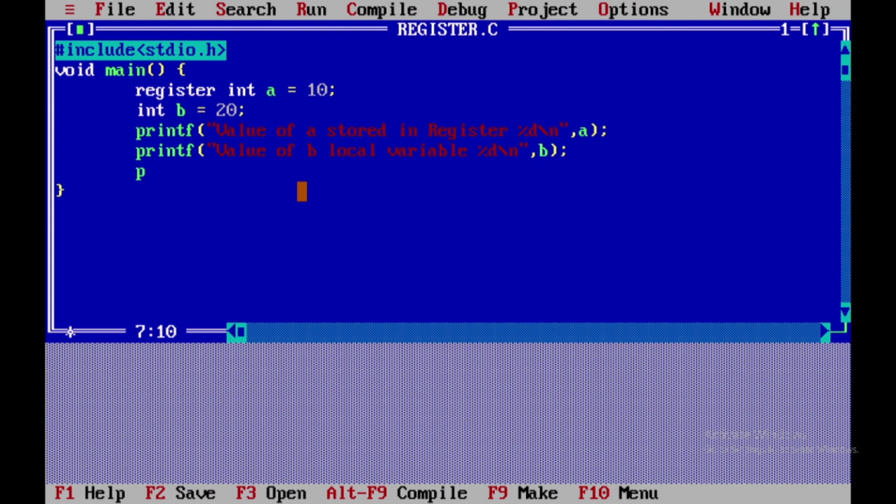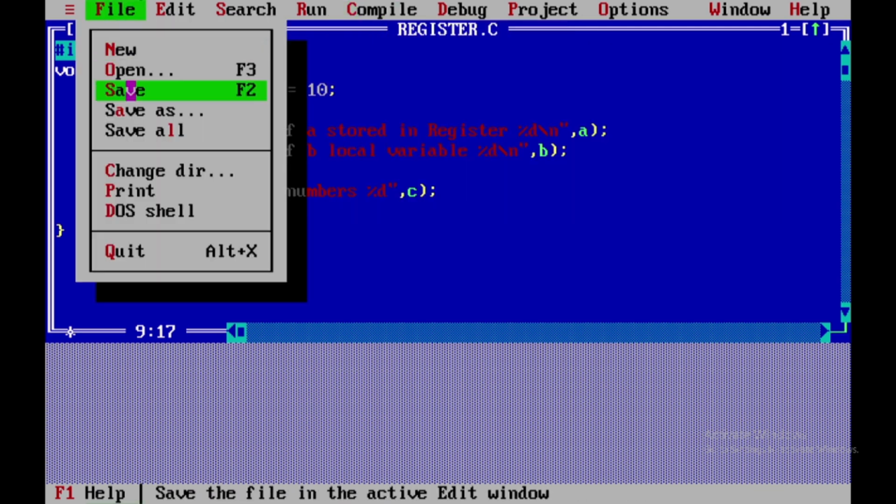If we want to do the sum, printf, again we want to do the sum of variables, sum of numbers. So what we can do here, we will take another variable, I am writing down here int c is equal to a plus b. So you can see simply I can do this thing, and let me write a simple getch so that I can control this screen.